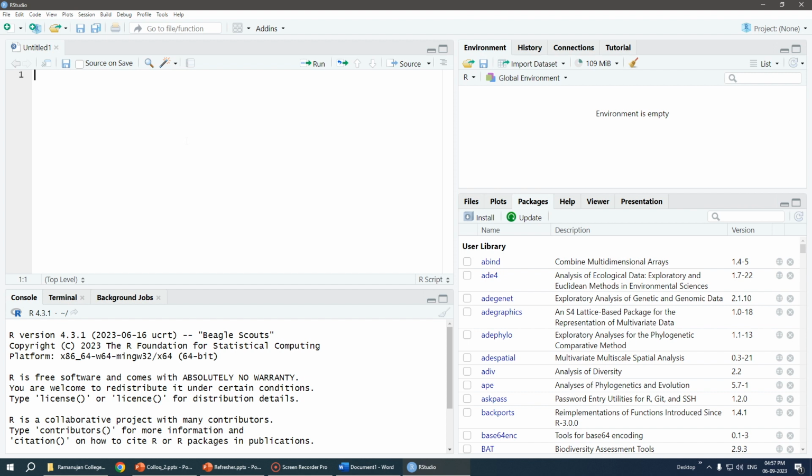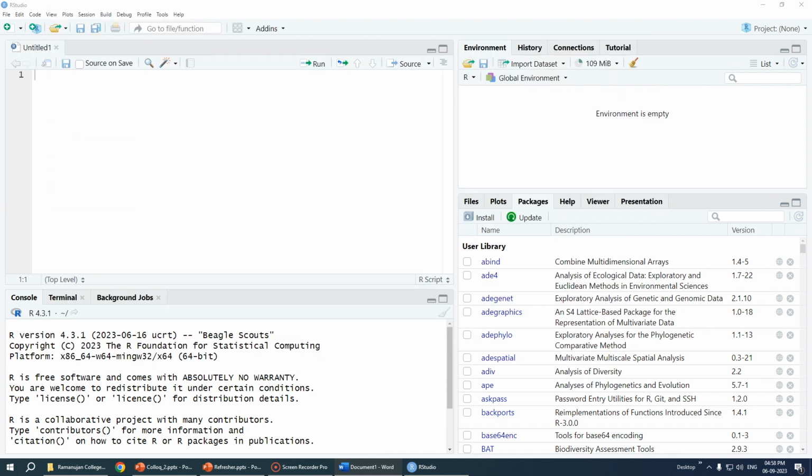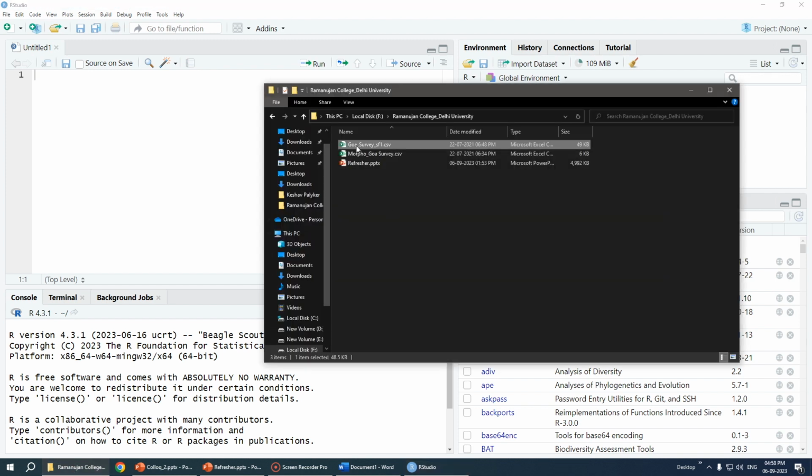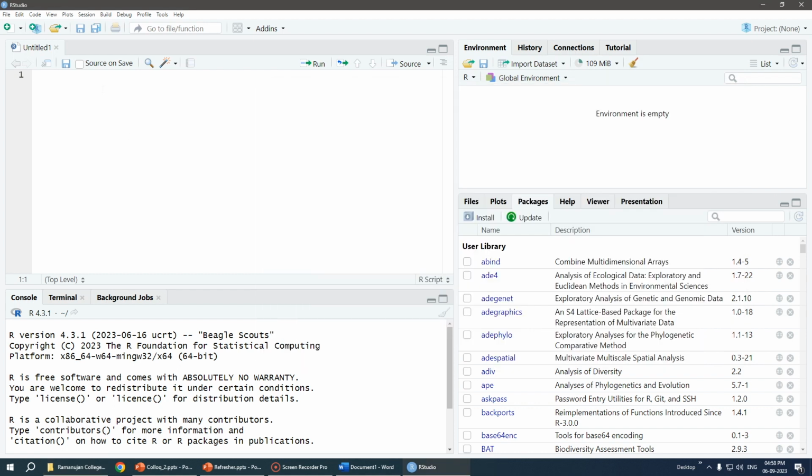So the first thing I would want to do is open the file of my interest. I would want to open the different files that I wanted. In this case, I want to open the file that I had shown. This is called Goa_survey_SF1. So the first syntax that I would be using is, let me just say that the name of my file is master.goa, and I assign this